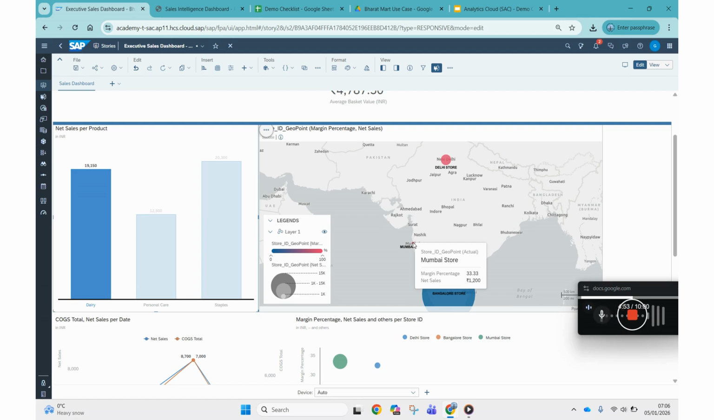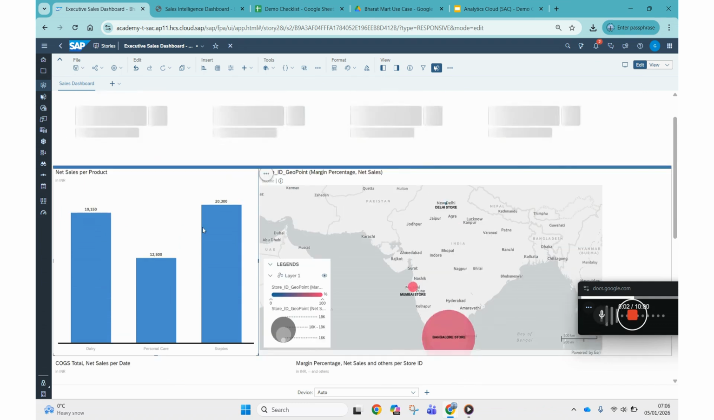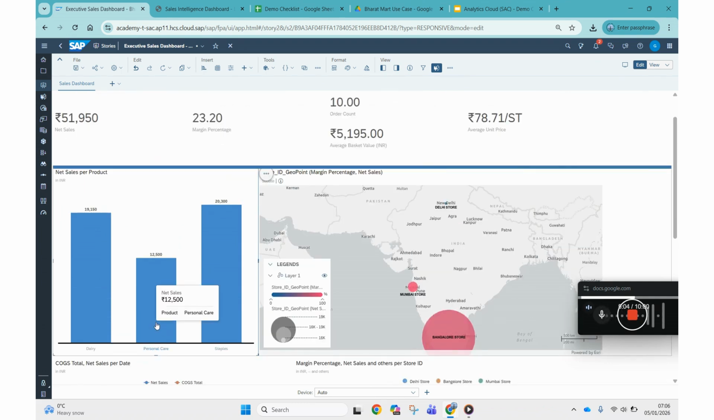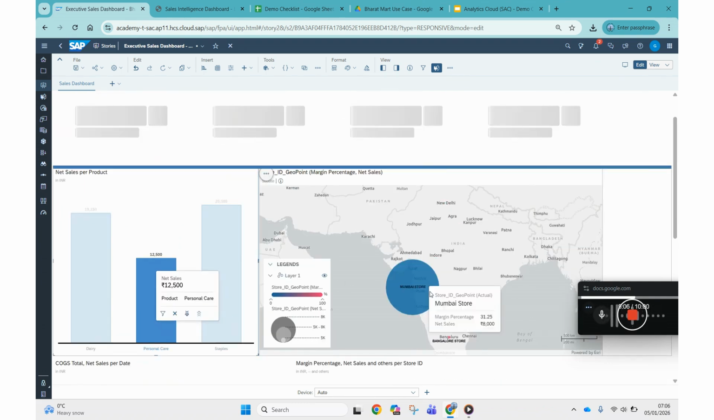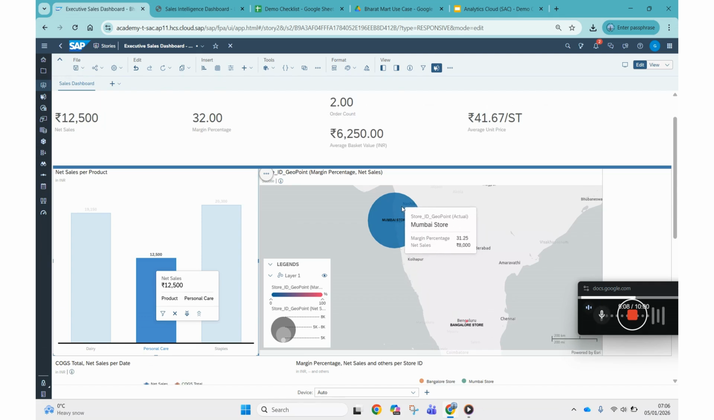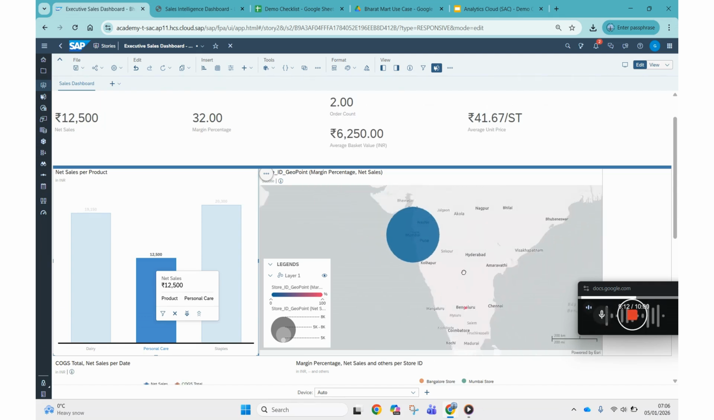And Mumbai is even doing better margin, but they are doing net less sales. That's a very powerful insight. Let's now look at personal care. Mumbai is doing highest in personal care. Bangalore is less, and